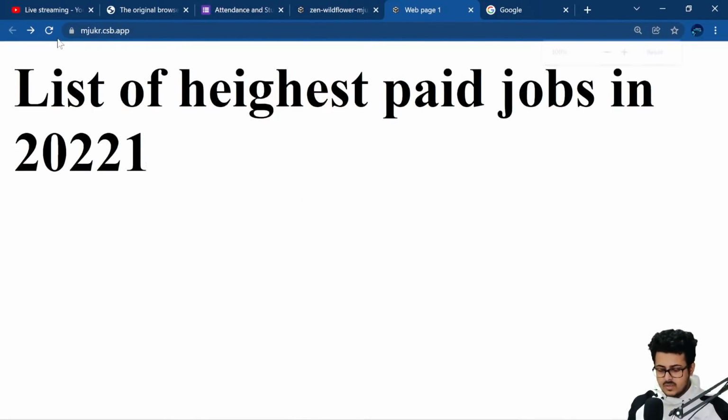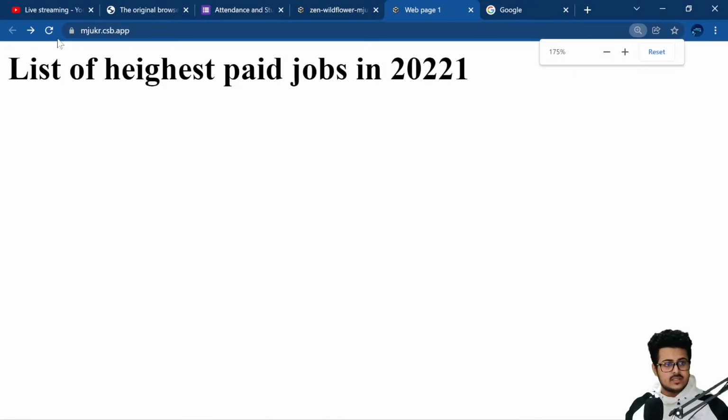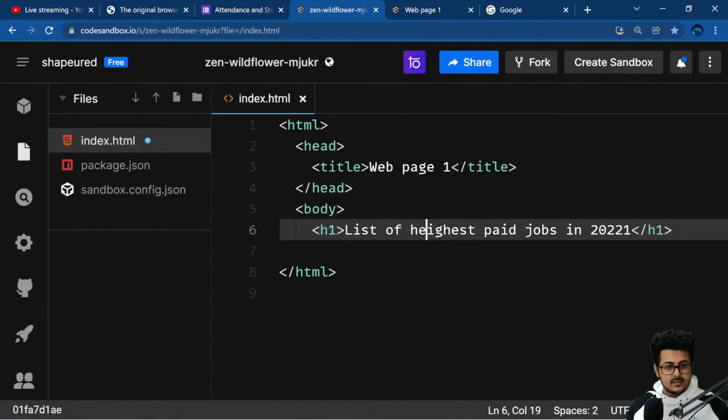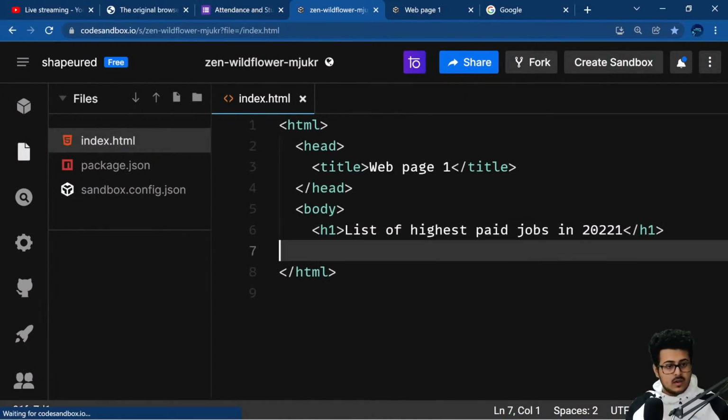List of hired page job. Let's try to reduce the size. Okay, this would be perfect. And what we'll be doing right now is we are going to write the next line. We are going to have your h3 tag, because it's almost half the size, by